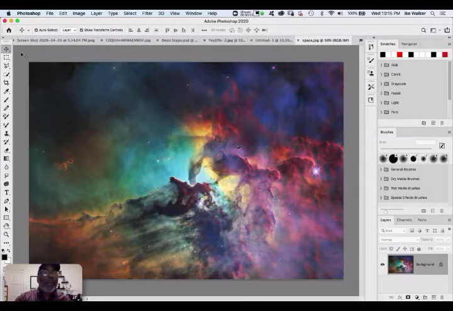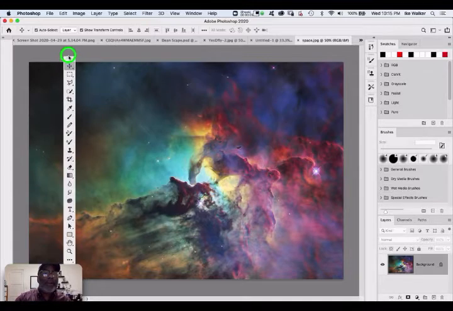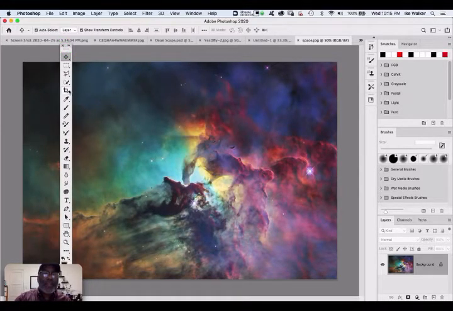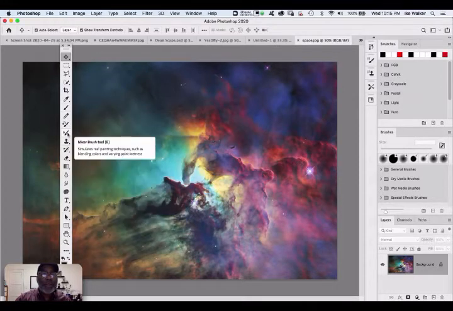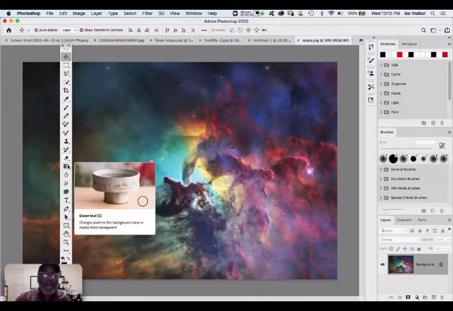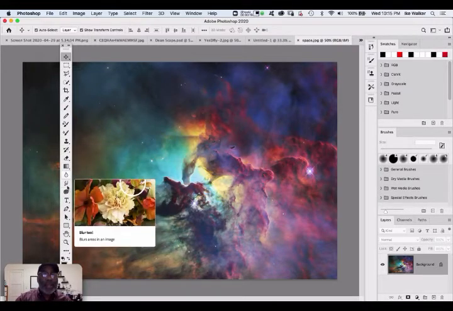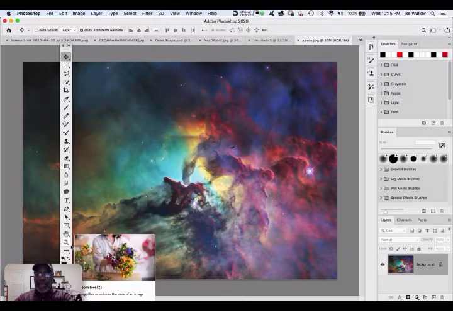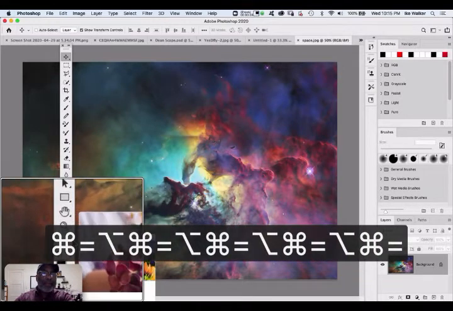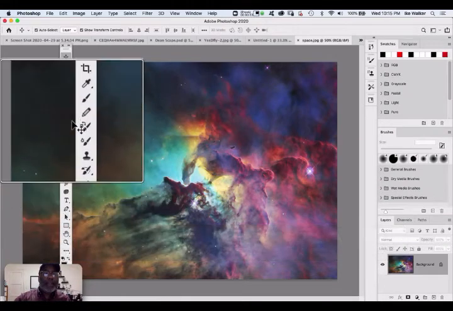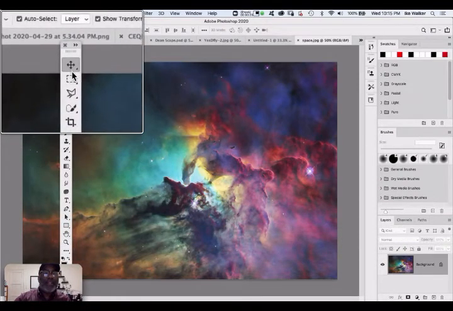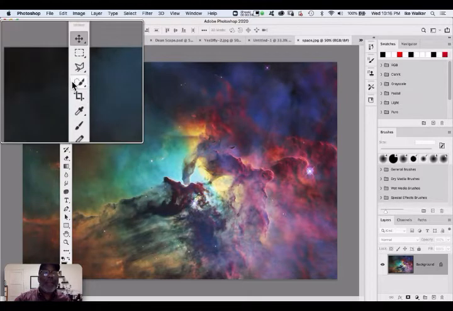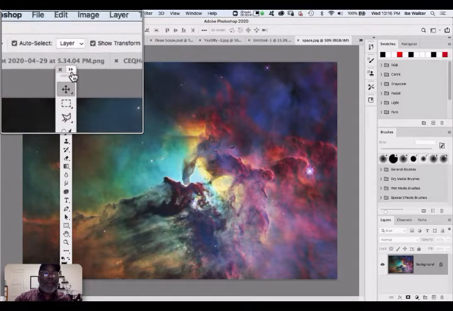So now we're going to go to the toolbar. The toolbar holds the tools that you can use to modify an image, color an image, change an image, copy an image, select, and also add text. So this is the long strip right here, and it's pretty simple, but this doesn't completely show all your tools well to me. So I prefer clicking on the arrow up here